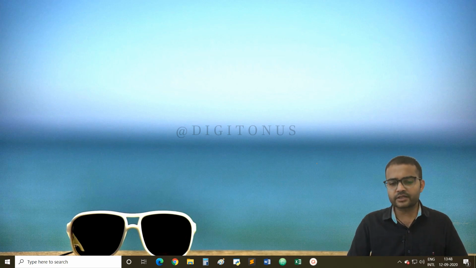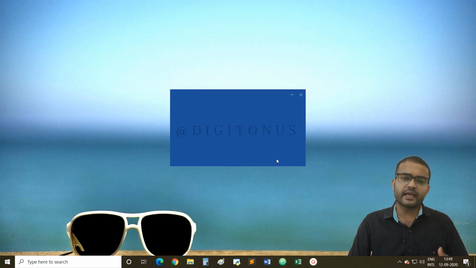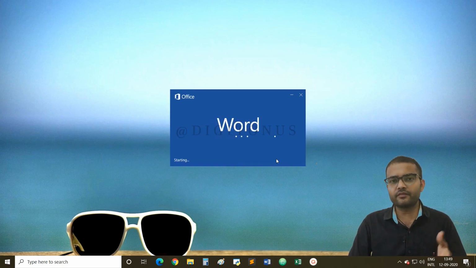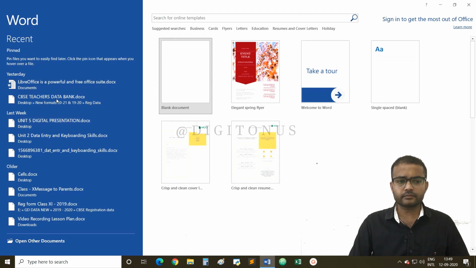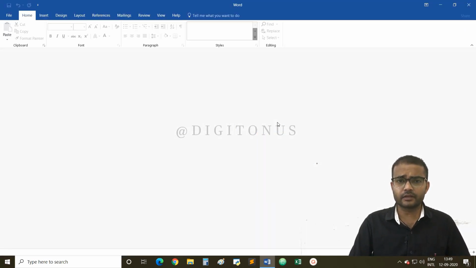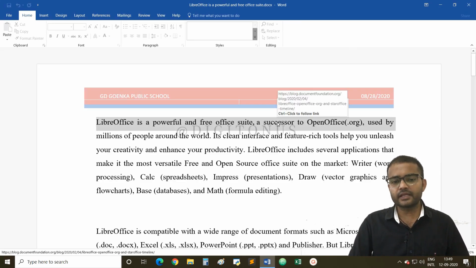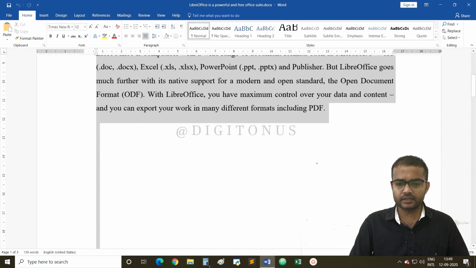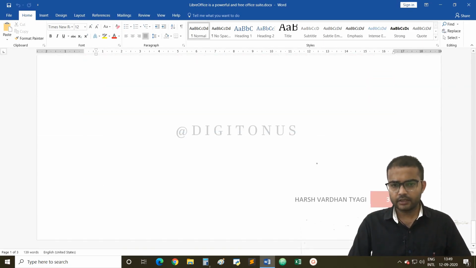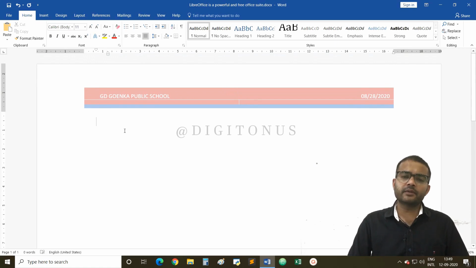Now as you can see on my screen, I am opening the program, that is MS Word, and then we will open the same file in which we have worked in our previous videos. For the time being, while the software gets open, we can discuss that there are three ways to insert a table. By three methods we can insert a table in MS Word. So we will discuss the methods one by one. Once, let me delete the content first.